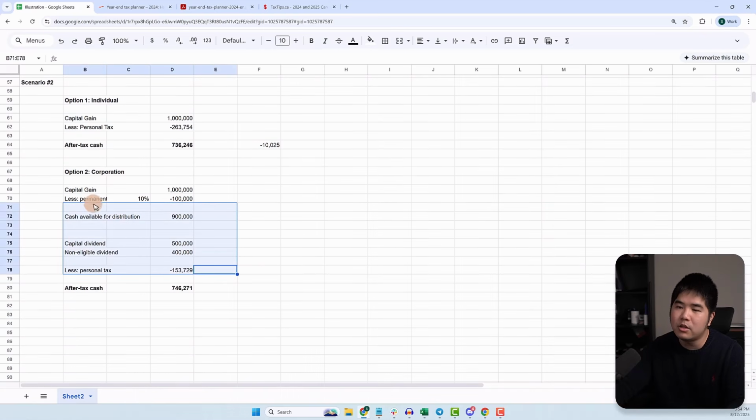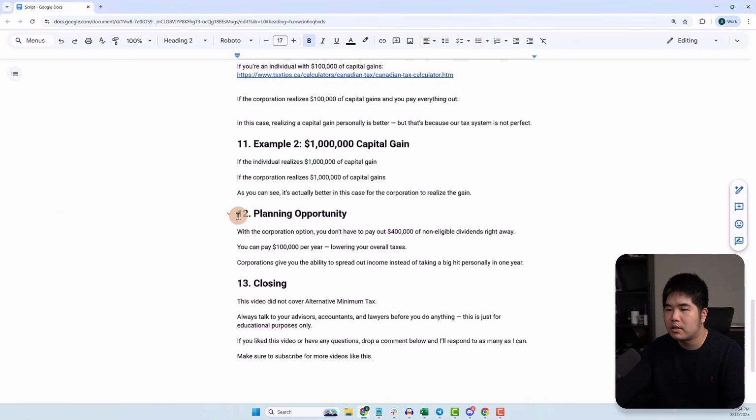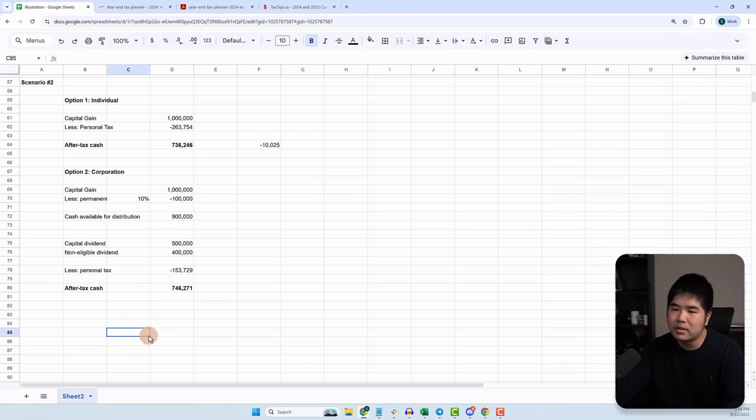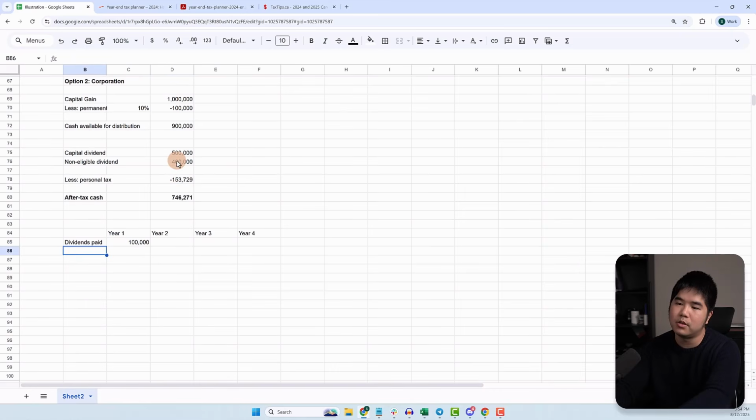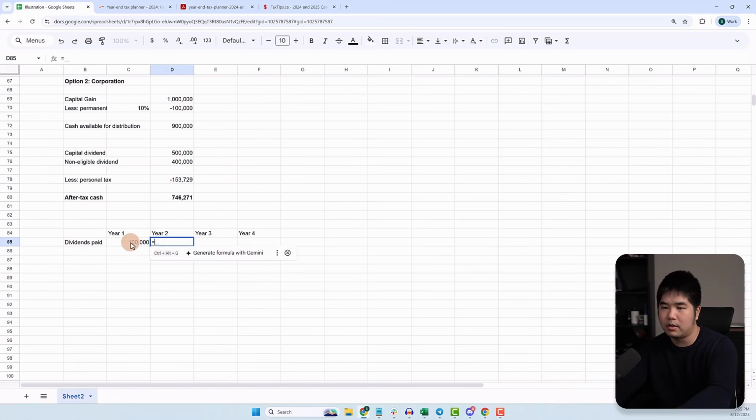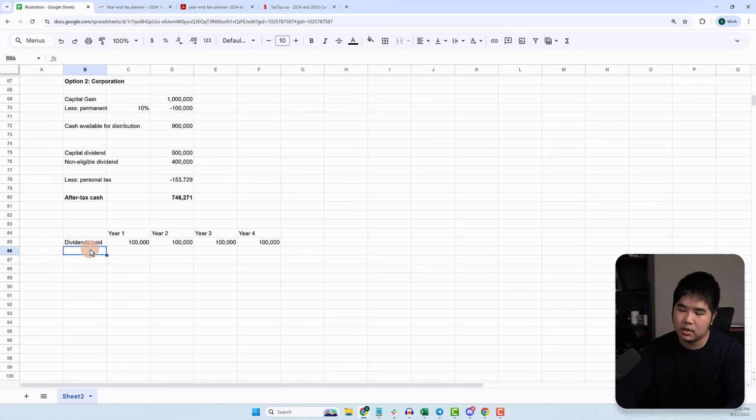But can we actually do better than this, right? And that takes us to the last part, planning opportunity. With the corporation option, you don't have to pay out $400,000 of non-eligible dividends right away. You can pay, let's say, $100,000 per year, and that will lower your overall taxes. So what I mean by that, let's say in year 1, year 2, year 3, year 4, dividends paid is $400,000 times 4 divided by 4, and then just copy across, tax paid